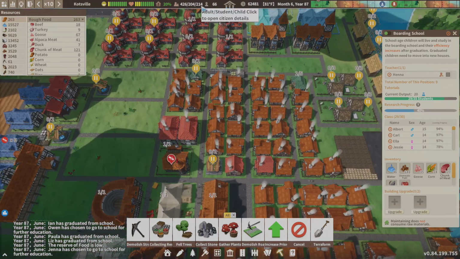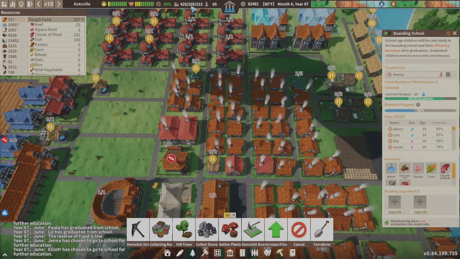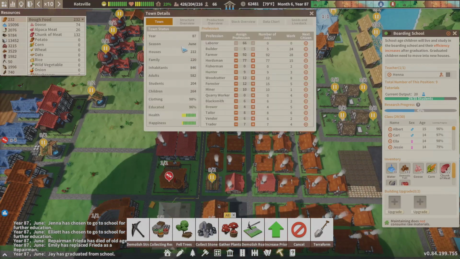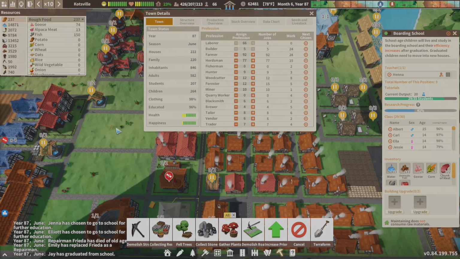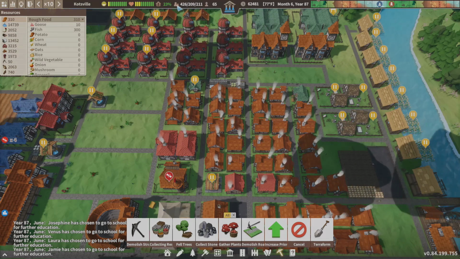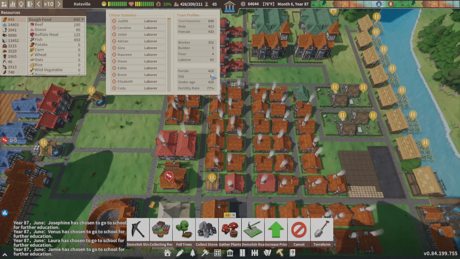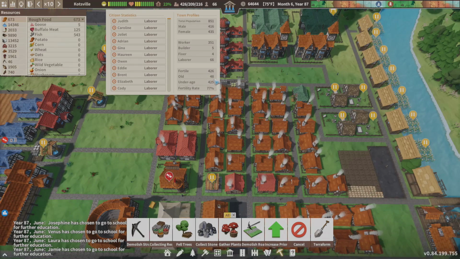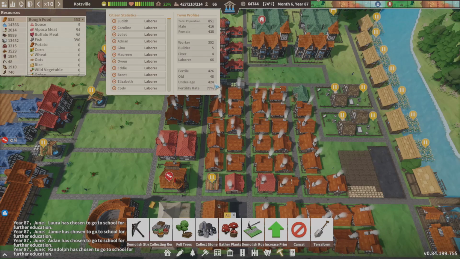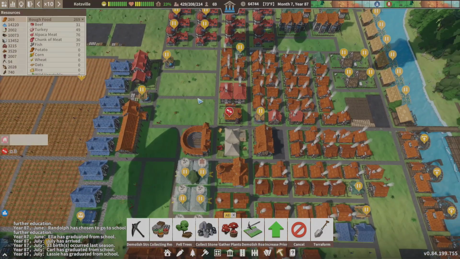Look at this. I have 214 kids. I have 205 students. That's insane. I mean, when we go to the town statistics, oh wait a minute, that's the wrong one. Let me, maybe it's this, is it this one? Yeah. For fertile, 426. Old, 428. Underage, 425. That's crazy. I mean, I wanted a baby boom, but